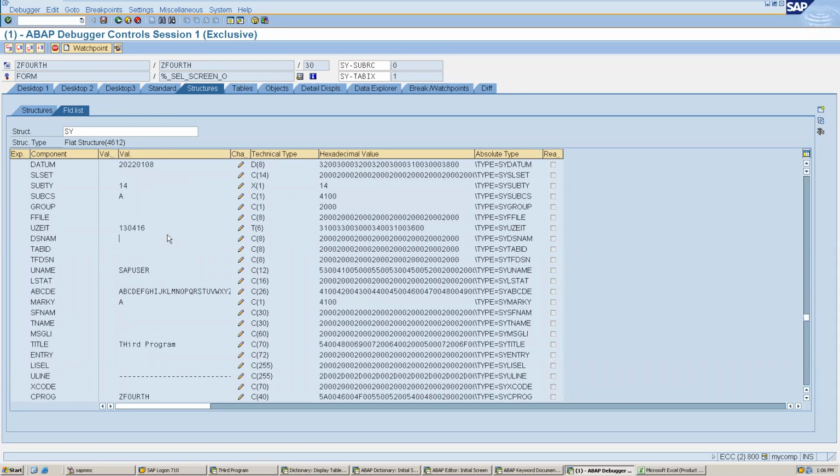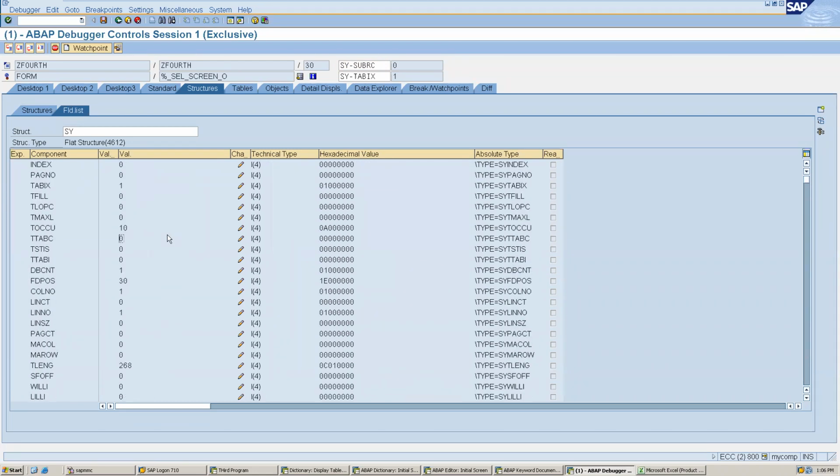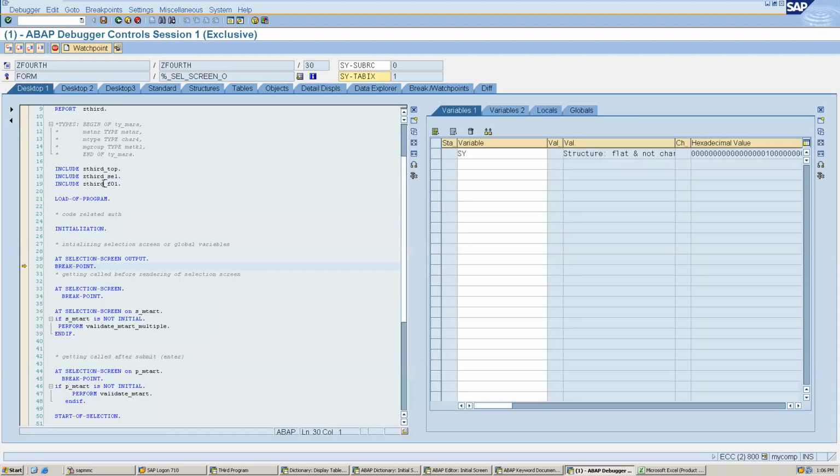So maybe tomorrow we'll continue from here. We can see how we can hide and unhide fields. Why are we doing this? So that at least we can understand how the other components of the selection screen work. We can have radio button, checkbox, and many other things based on requirement. But mostly we have these four things: parameter, select option, checkbox, radio button.